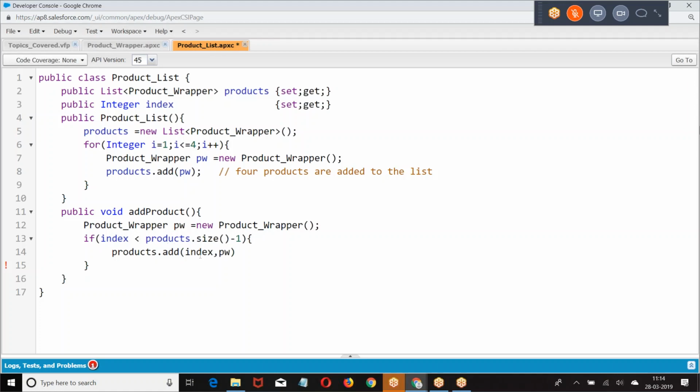Or else I can give, I want to add the element at index plus 1. Add the element in the next index. If you give 2, add the element at 3. If you give 3, add the element at 4. Are you getting my point? If you clicked on the first row, add the element in the second row. If you click on the third row, add the element in the fourth row. If you click on the 0 row, click on the first row. Else,